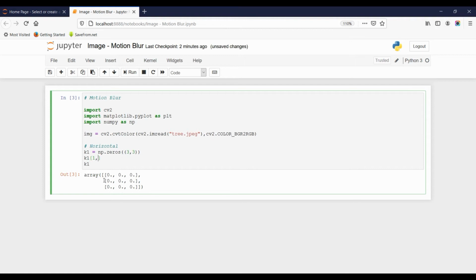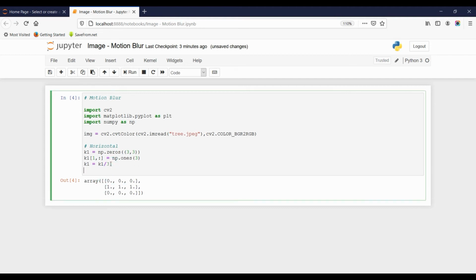Here the middle row will have index 1 in case of a 3 by 3 matrix, and all the column values I want to replace with 1, so np.ones 3. Now you can see that it is 1. Now I have to divide the entire matrix by 3 so that it is normalized. So k1 is equal to k1 divided by 3, and we will show k1 once again. You can see the entire middle row values are now replaced.